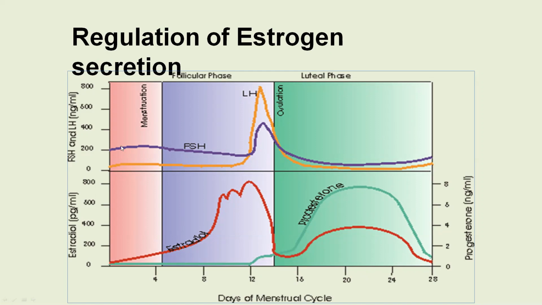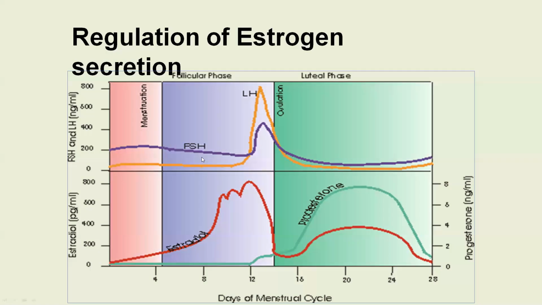By the end of the menstrual cycle, say after 28 days, estrogen is shown here in the red line and progesterone in the green line. The levels of estrogen and progesterone become quite low at the end of the menstrual cycle. Under the influence of low estrogen and progesterone levels, the FSH level, shown in the purple line, starts rising. The rising FSH levels promote the development of primary follicles in the ovary,